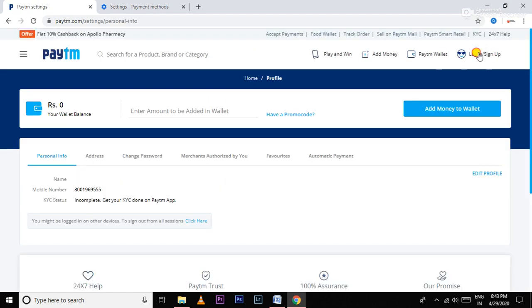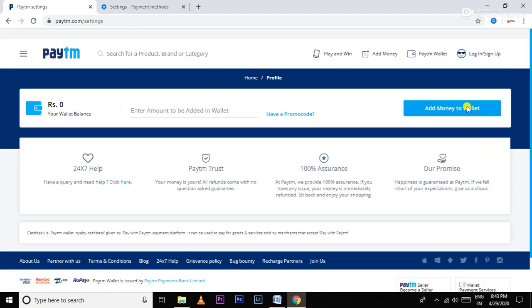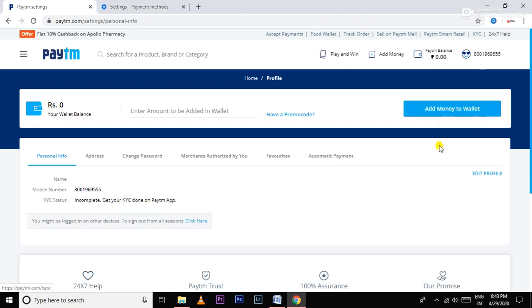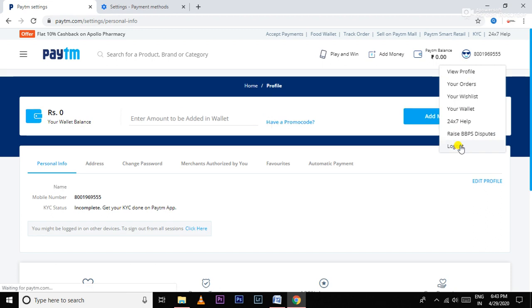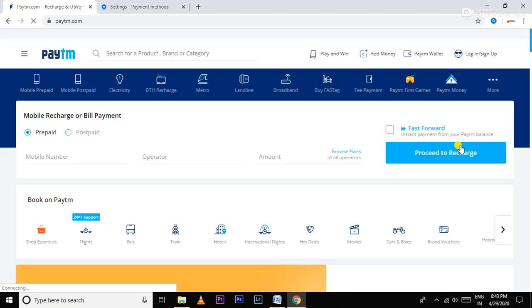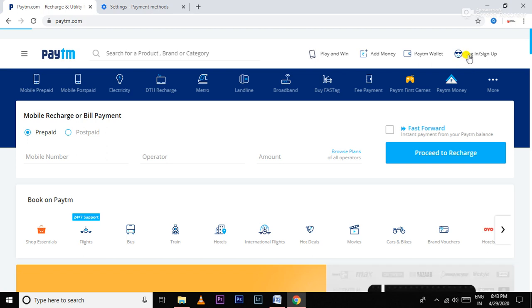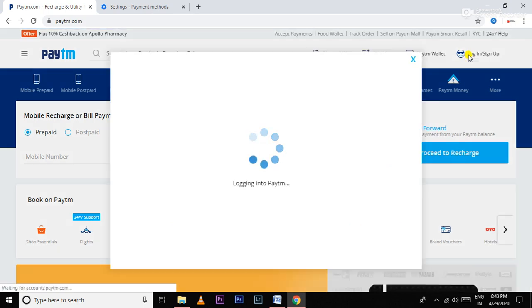Okay, so let me show you how to log in. Let me log out first and then show you. So right now I'm logging out. So to log in, just click here and the QR code will be available.